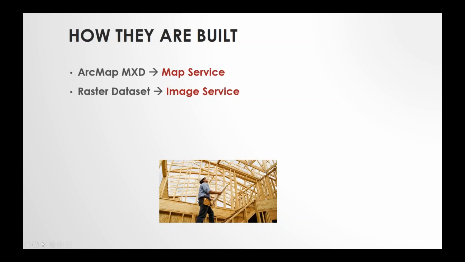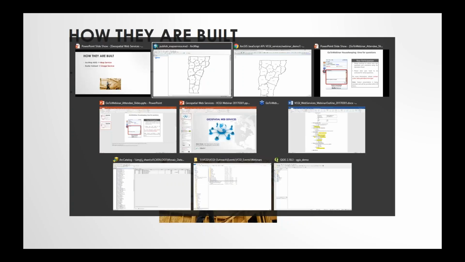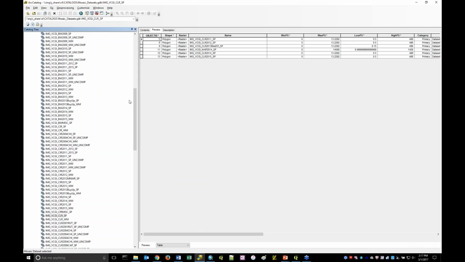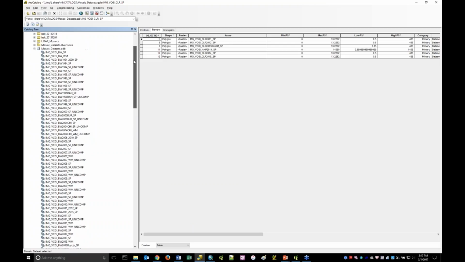And so let me show you a little bit of under the hood there so you get a better sense of what that's all about. Let me jump over to ArcMap over here. I'm sorry, ArcCatalog. So within ArcCatalog, I have opened up a file geodatabase, and this file geodatabase